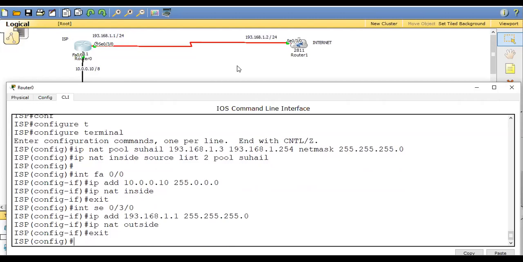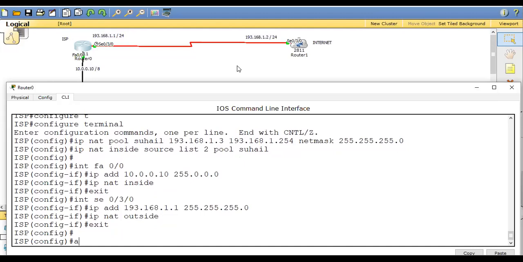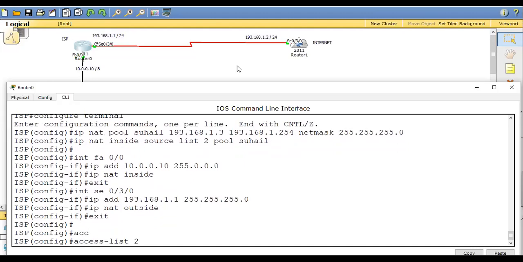want anybody to come to my router and have my router convert that particular IP address into a public IP address, right? So I don't want anyone. I want only my customer to come to my router, and then only my router is going to convert that traffic. So I will tell my router, hey router, access list to permit the whole 10 network, because in this scenario my service provider range is 10. So permit the whole 10 network